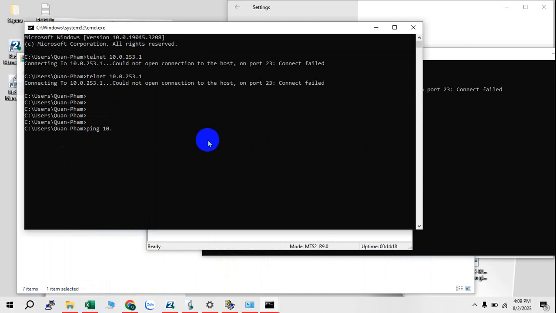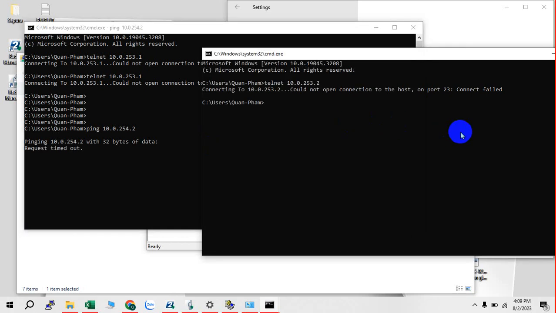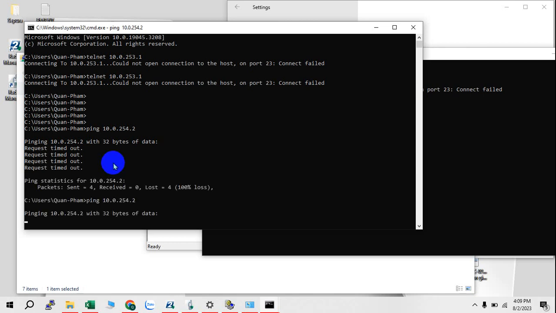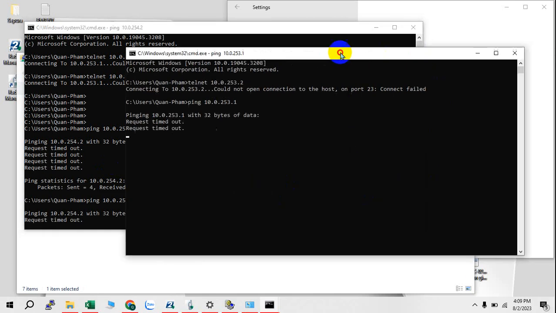Rồi reset ra đây. Reset bây giờ. Sau này chúng ta cố gắng